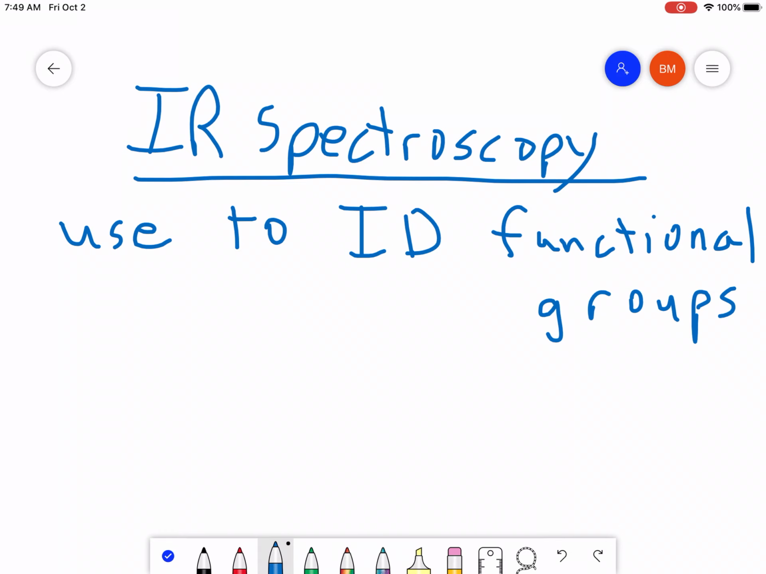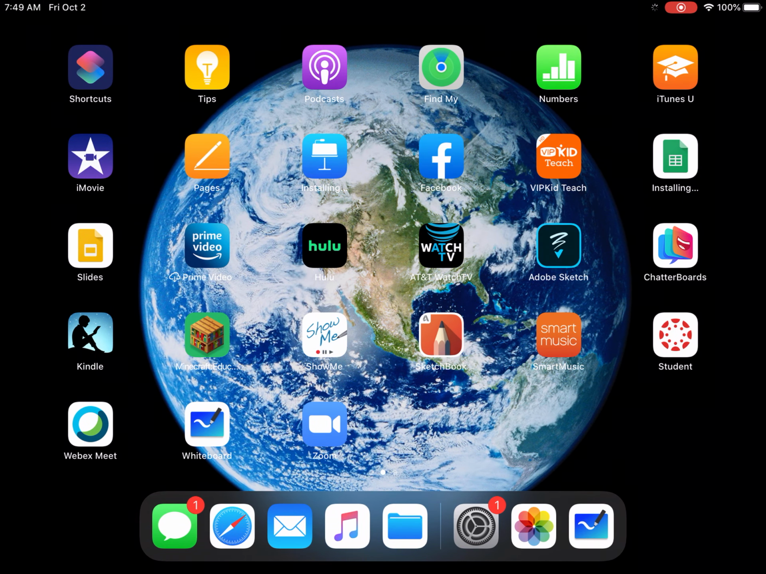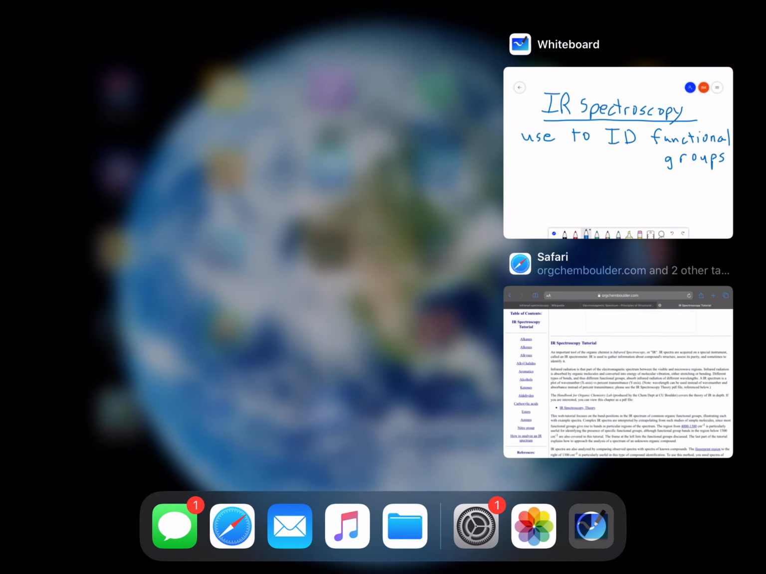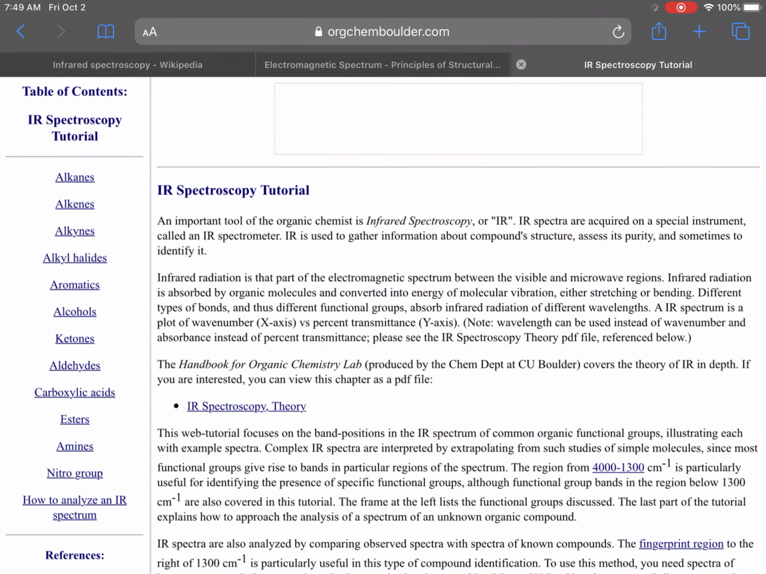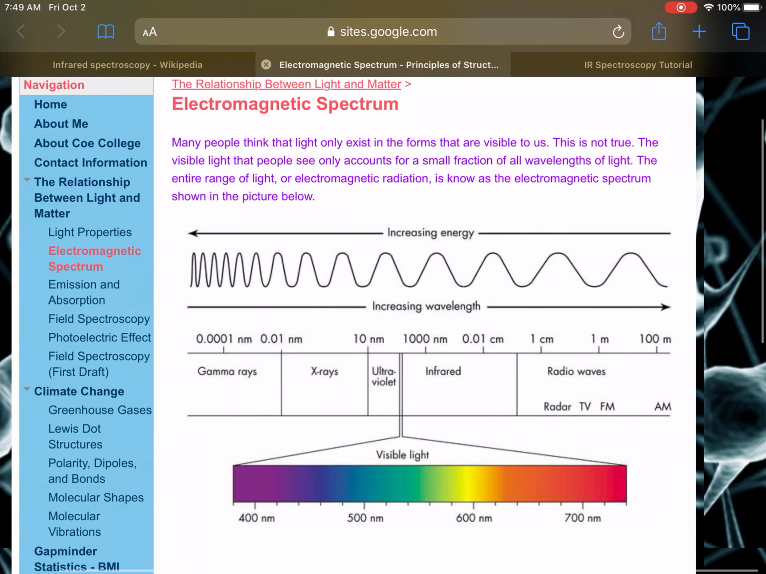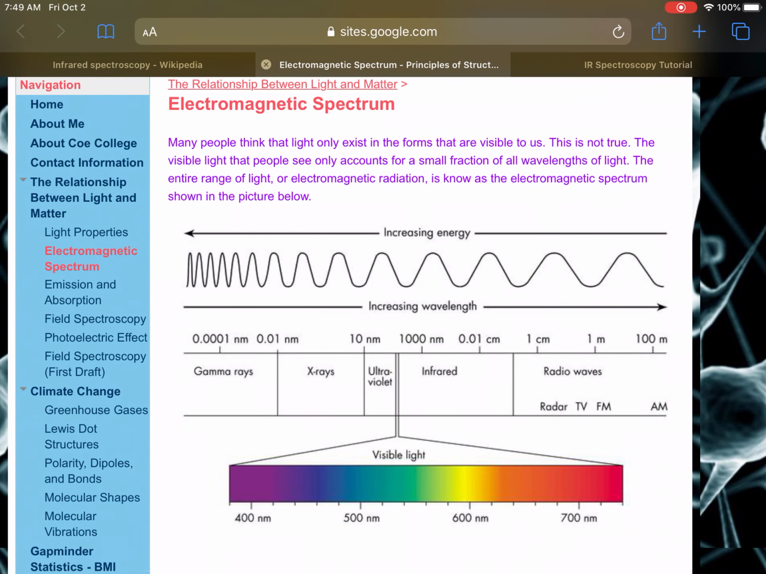One big difference is that we don't use visible light. We use infrared. Just to refresh you on what infrared radiation is, this is our old friend,